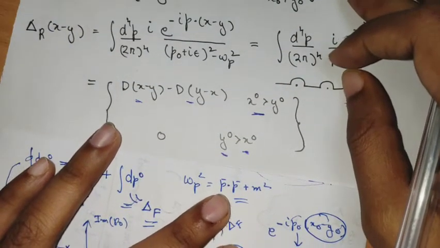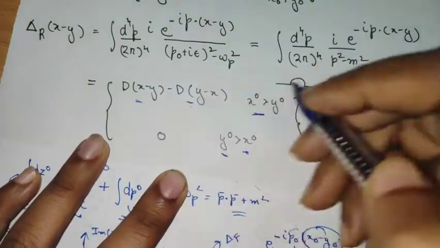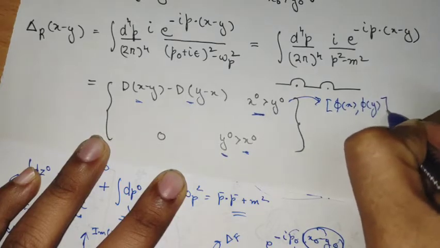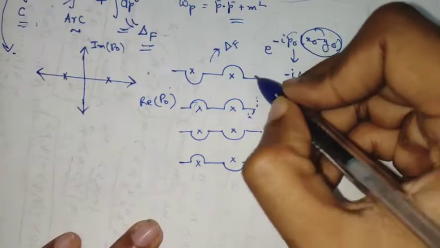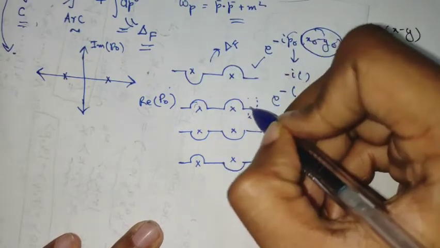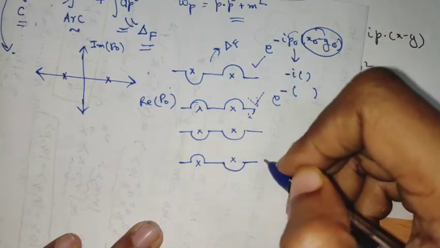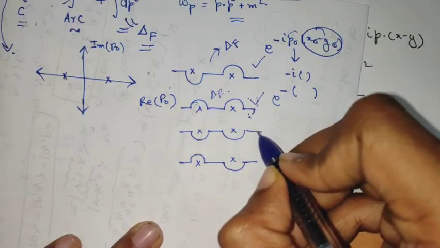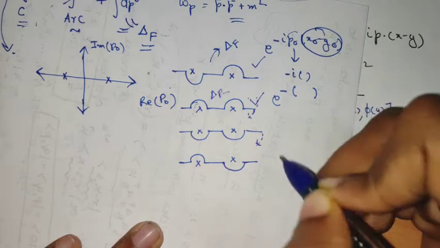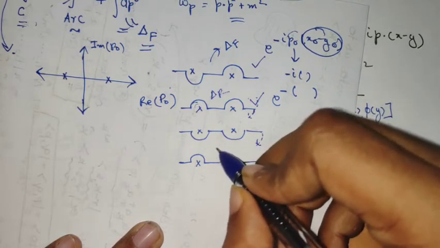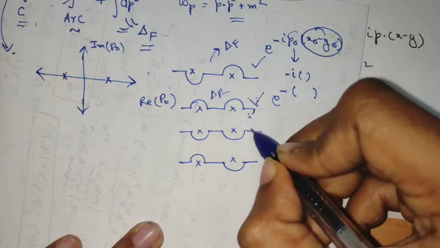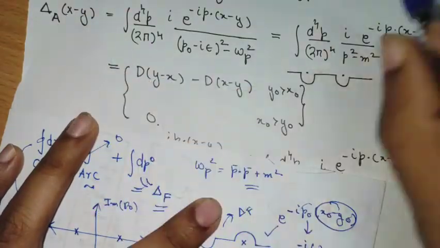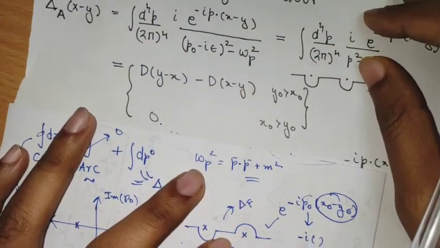So this is one of them, and you see this upper part is precisely the commutator of phi x comma phi y. And now, we have discussed this contour, this is the Feynman propagator, and this contour, this is the retarded propagator or delta R. Now let's look at this contour. Now when x0 is greater than y0, again it will close below, but there is no pole that it will encompass. So this contour will give us 0 for x0 greater than y0, and we come to something called the advanced propagator or advanced Green's function.